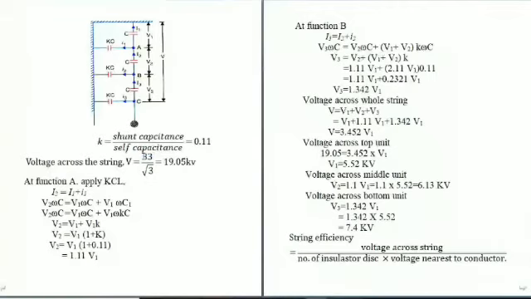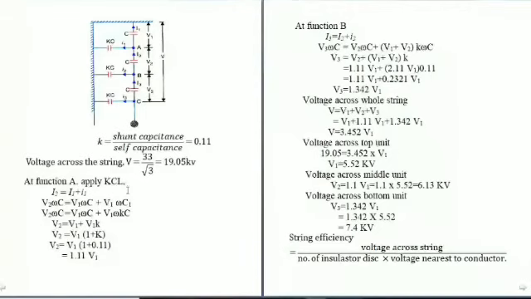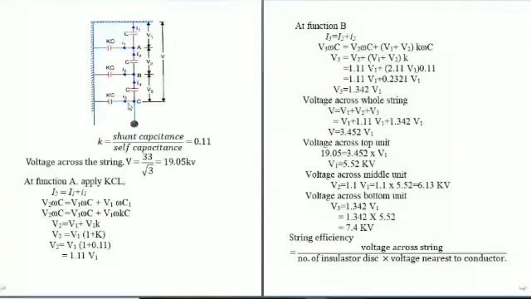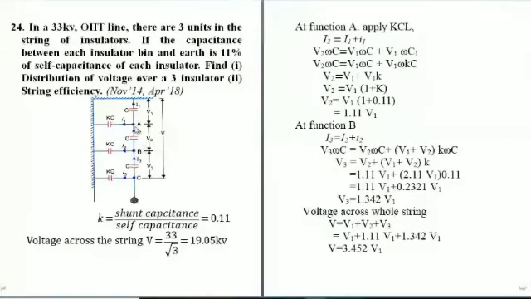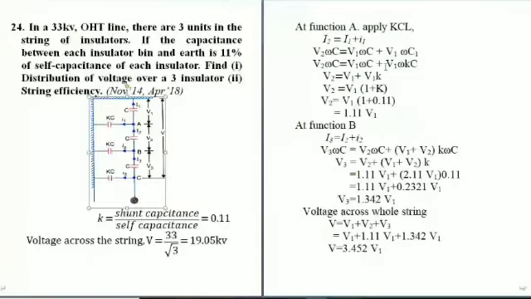Right. Now, we have to apply the Kirchhoff current law at each and every point. Now, see this equivalent circuit. In this circuit, you can observe we have three different nodes, A, B and C. For each and every node, we have to apply the Kirchhoff current law. The algebraic sum of current entering a node is equal to the current leaving that node.